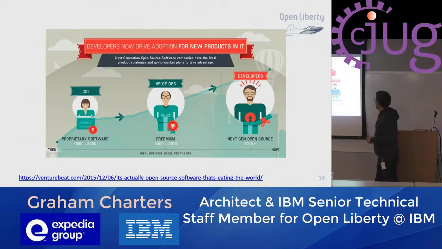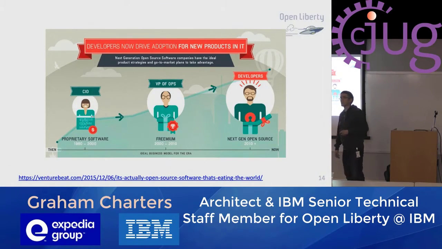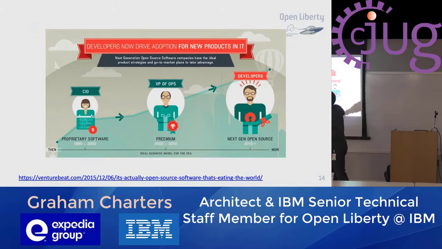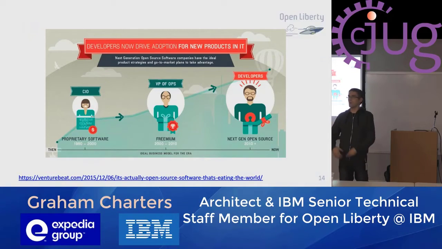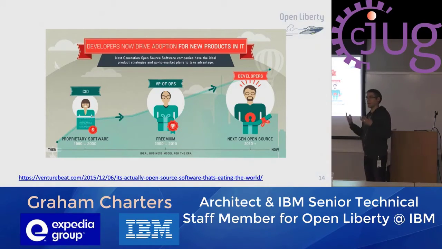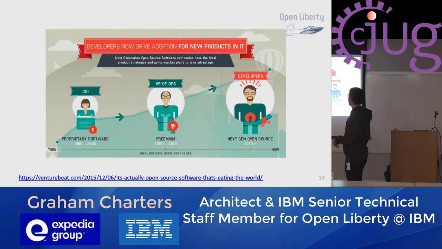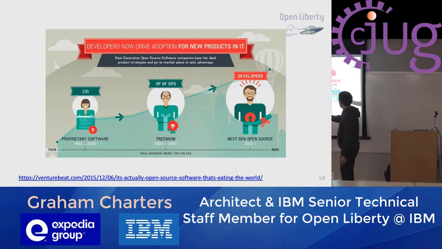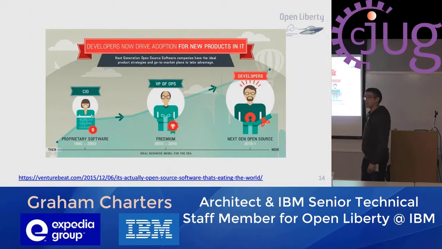All right, so the way in which companies bought software changed. So in the old days, I say the old days, I was around then, proprietary software was the thing. Companies like IBM, Oracle, etc. produced software and we sold it to the CIO, and the CIO said, right, there you go, team, deploy this, and they'd be like, okay, thank you very much. And then we kind of moved through a kind of freemium world, and then eventually into open source.